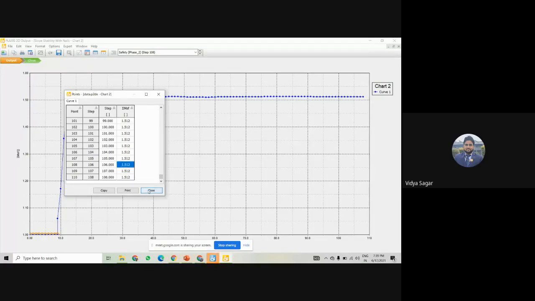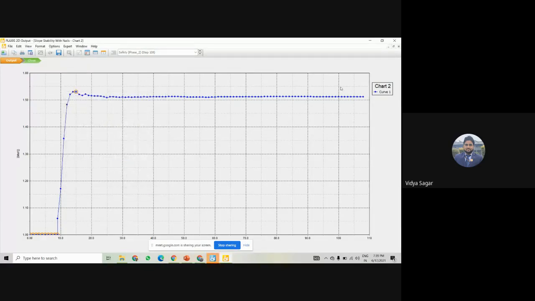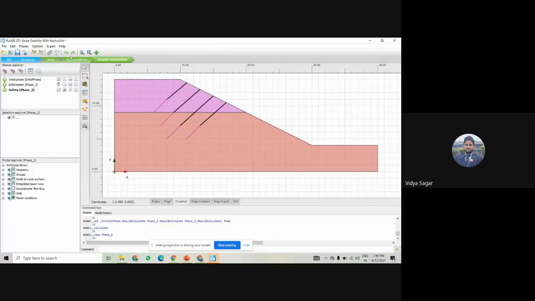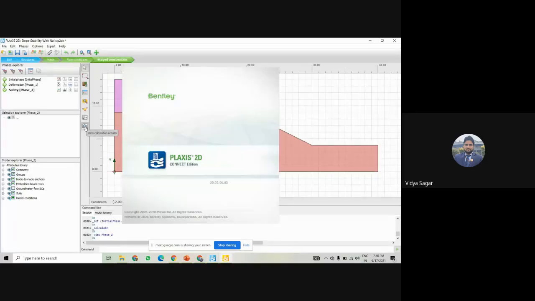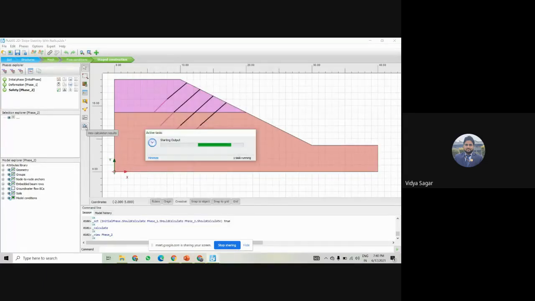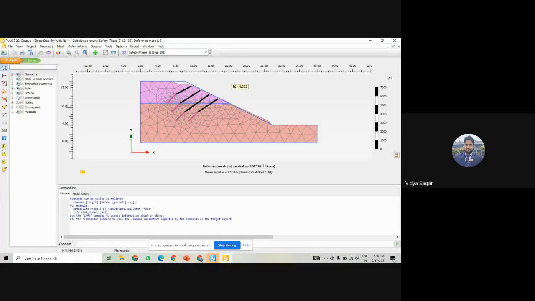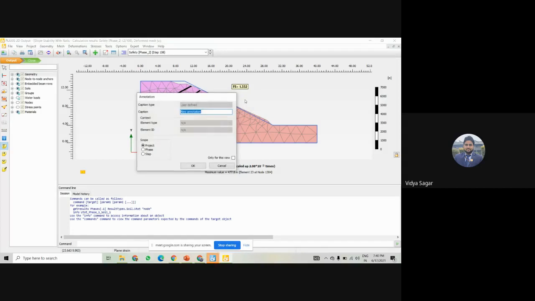So if we apply the nails in this, it is 1.5. So we can write it here: 1.5 after nails.